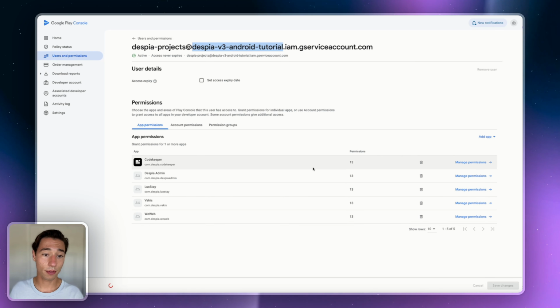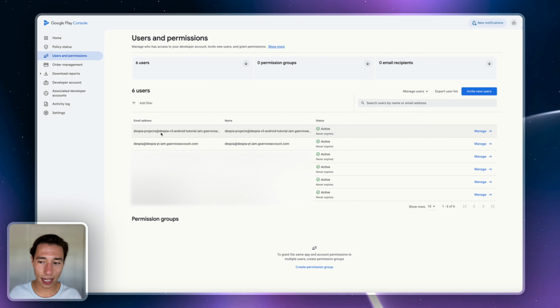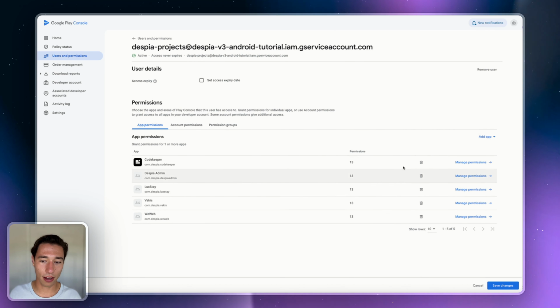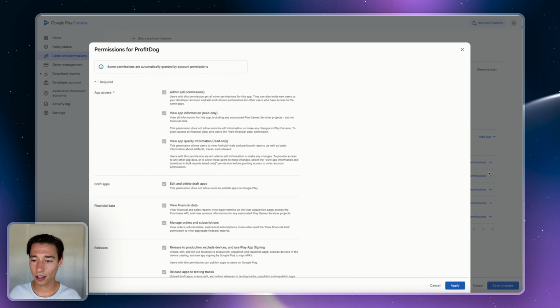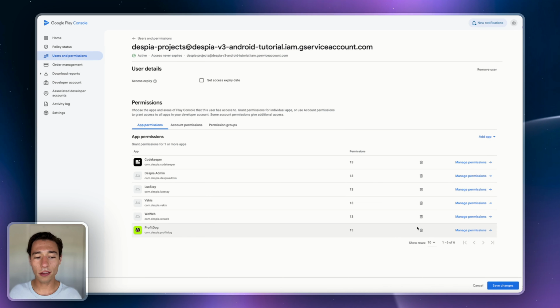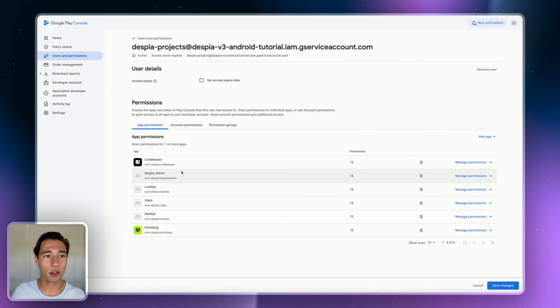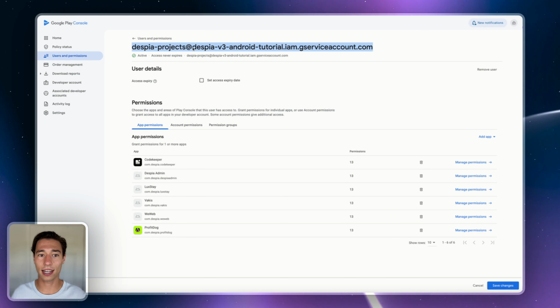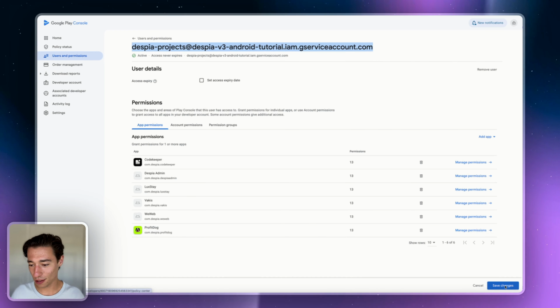Now, the latest application is not part of this, so let's refresh the page, because it's a single page application and I assume we don't have everything refreshed. So let's add, there you go, Profit Doc to it as well, and apply that. One thing to note is that it does not automatically add those, like with Apple. So when you create a new application in Despia and you want to use your existing service account that's linked for the CI/CD pipelines, you will need to go, let's save the changes first though,